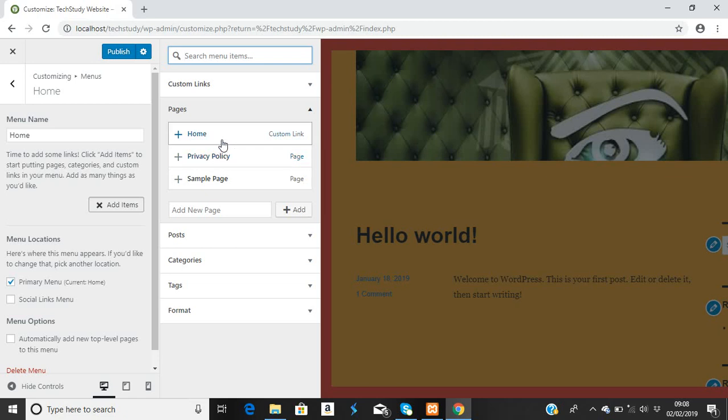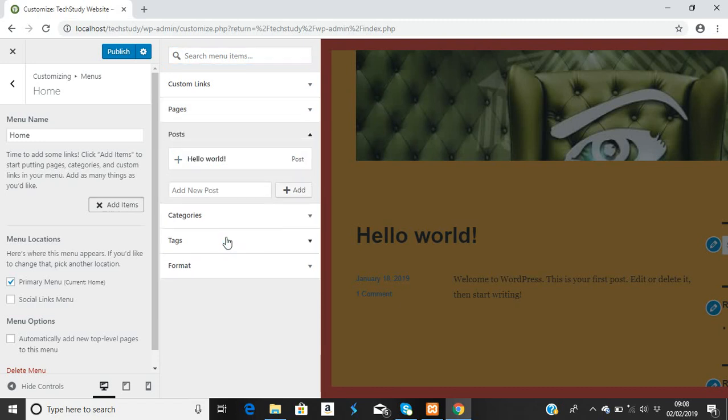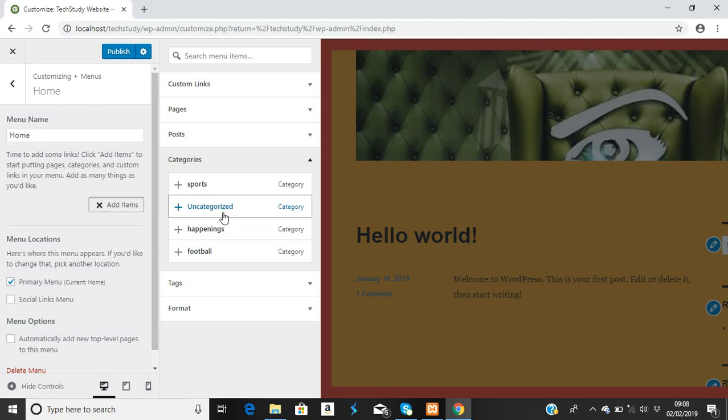So let's add home page. To add, we're going to move our cursor towards the right hand side. Okay, so it's either we add home, or we add privacy policy, or we add sample page, or we add here